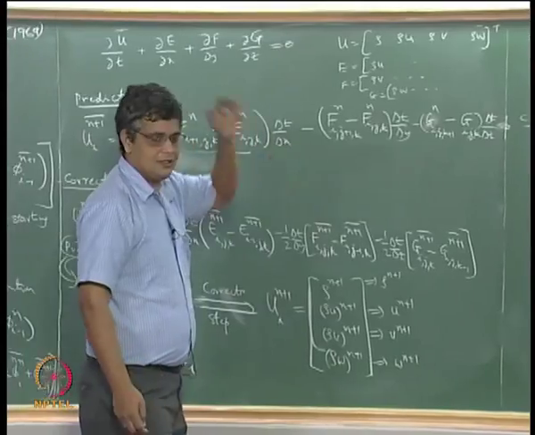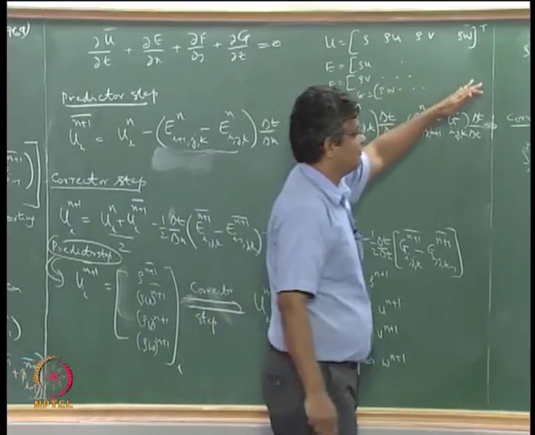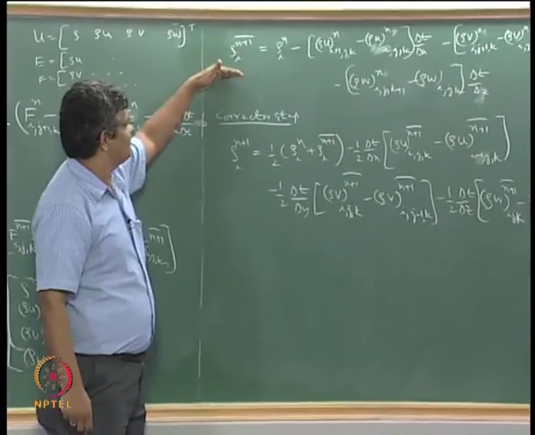Okay, so you can see that these are the equations that we solve to get rho n plus 1 bar